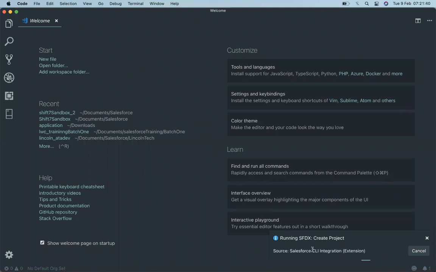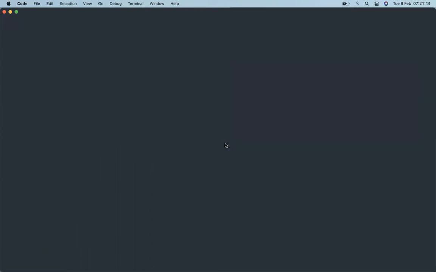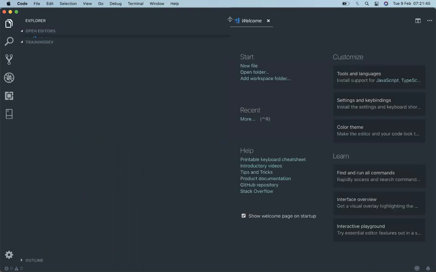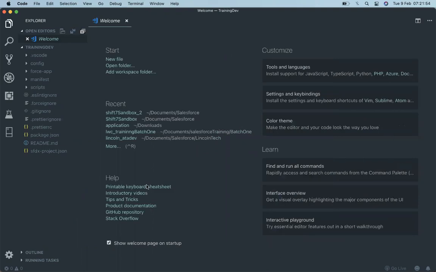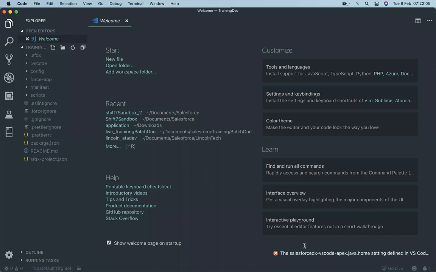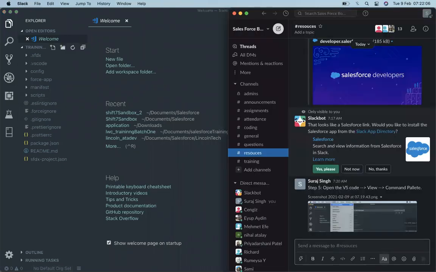While it's running, let's put some steps over here. Once the project is completed, it will redirect into that project. It is still downloading. Once it's downloaded, it will show that no default project or org is set. You will see it show up here. So let's put the steps, so then we go further. Then we have step 6.